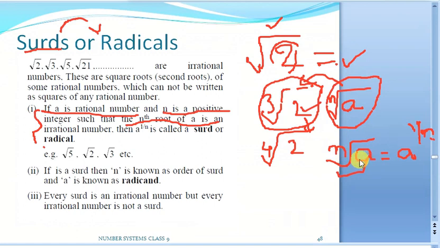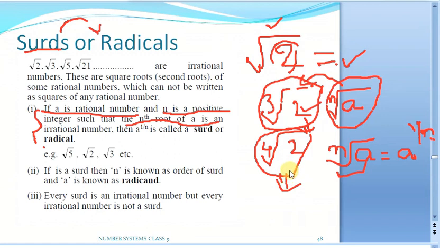So compare with it. Inside there is a rational number, yes. Outside there is an n, which is a positive integer, yes. 2 conditions are satisfied. What is our third condition? This entire result has to be irrational. How will you check it? Take any number. If you keep the power 4 to that number, will it give you 2? That is what we have to check. Is there any natural number which gives 2 if you take it to the power 4? No. So it is going to be irrational. In this case also this entire result is irrational.